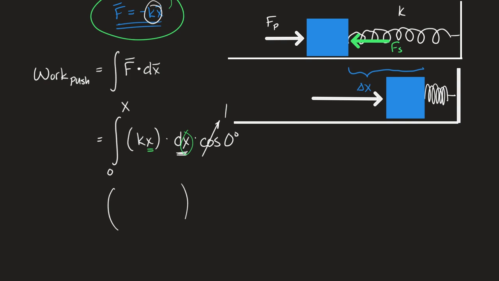Now, you've done this part before. X to the 1 power is just x to the 2 power divided by 2 when we find the antiderivative, because it's a polynomial. K doesn't go anywhere because it's just a constant. Nothing happens to it. Which means that our answer is 1/2 kx squared. But we have to evaluate it from 0 to capital X. We'll have to come back to